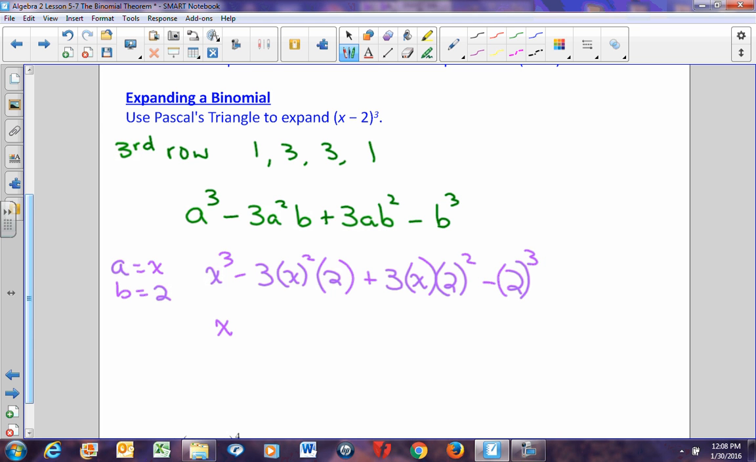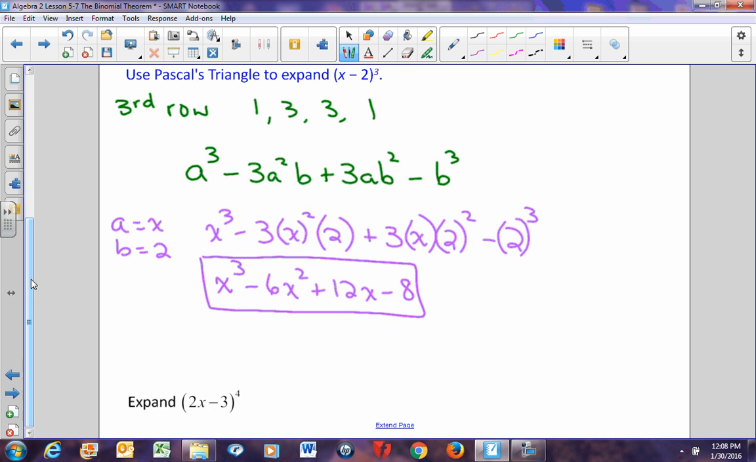So this becomes x to the third, no problem there. 3x squared times 2 is 6x squared, so minus 6x squared. 2 squared is 4, 4 times 3 is 12, plus 12x, and negative 2 to the third is negative 8. So we should get x to the third minus 6x squared plus 12x minus 8. A much easier expansion than having to actually multiply out x minus 2 times x minus 2 times x minus 2. When they're as small as this, they're not hard, but when they get bigger, like this one,